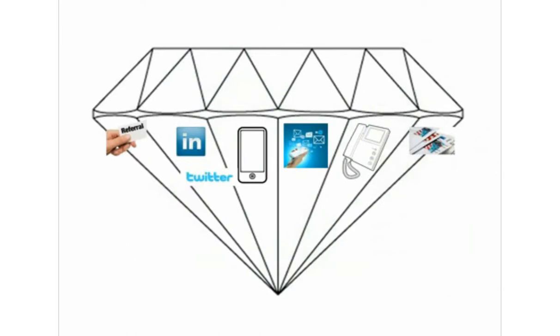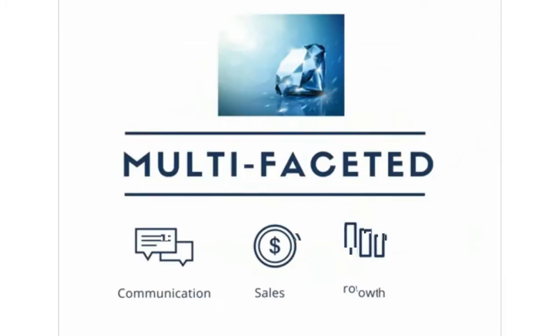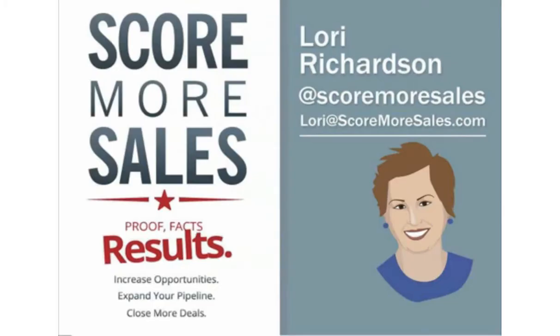Multifaceted. Think about a gemstone the next time you see one, and think about ways that you could diversify your strategy and put it in a process, a systematized process. It has a cadence, a pattern, and when you walk in the morning to do your job, to make your calls, to reach out to your prospective new customers, there's a system in place to help make that happen, and you don't walk in cold, not knowing really what you have there to do. So multifaceted, it will help you grow sales, increase your base of customers, and if you have any questions about this,